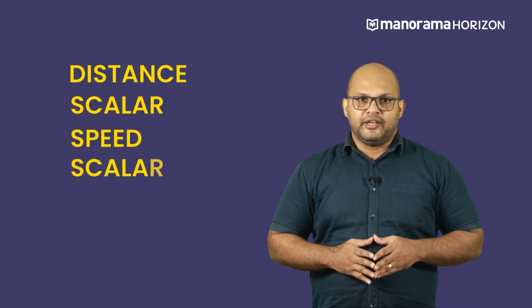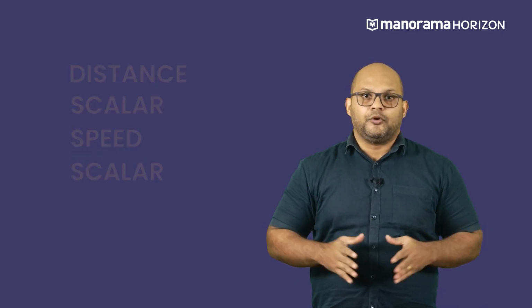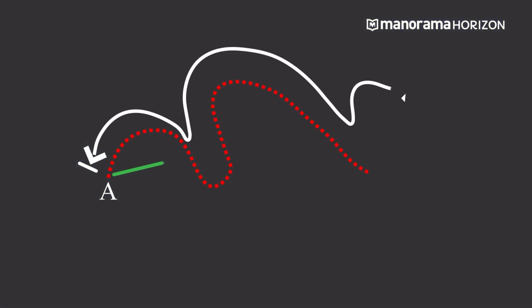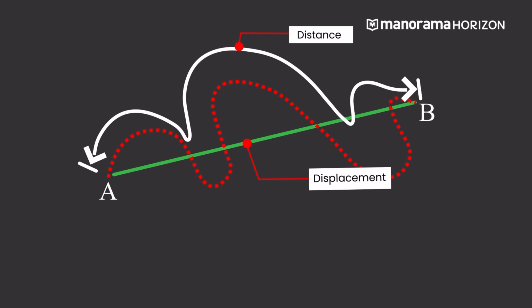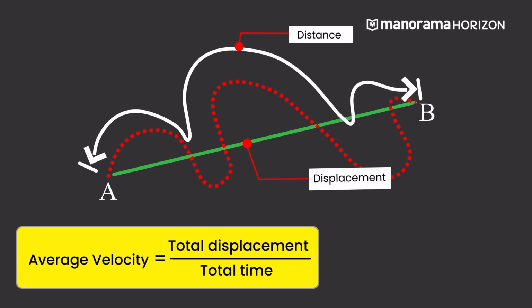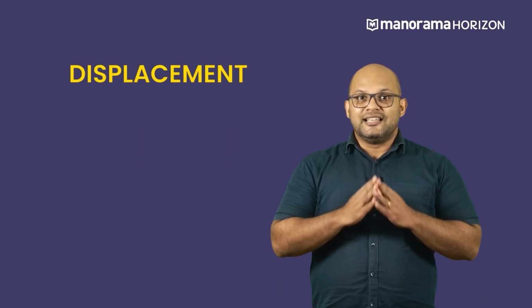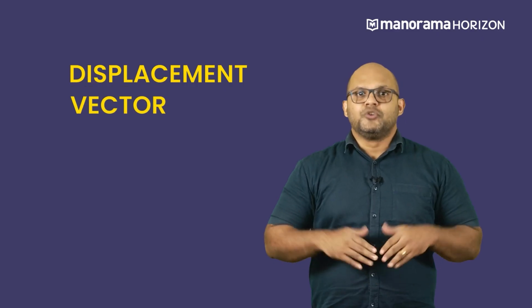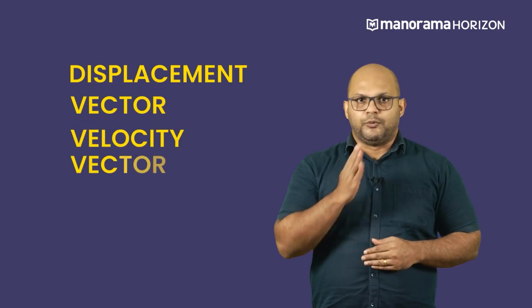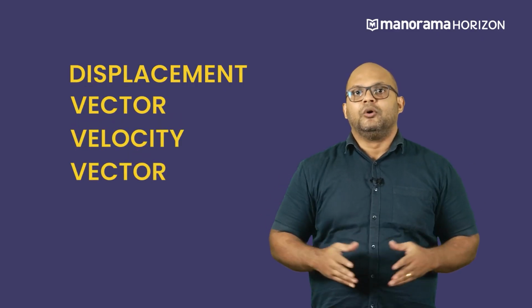Just as distance is a scalar quantity, speed and average speed are also scalar quantities and are considered positive. On the other hand, the ratio of displacement between 2 points and the time taken to achieve this displacement is known as velocity. Since displacement is a vector quantity, so is velocity, which can be positive, negative or zero depending